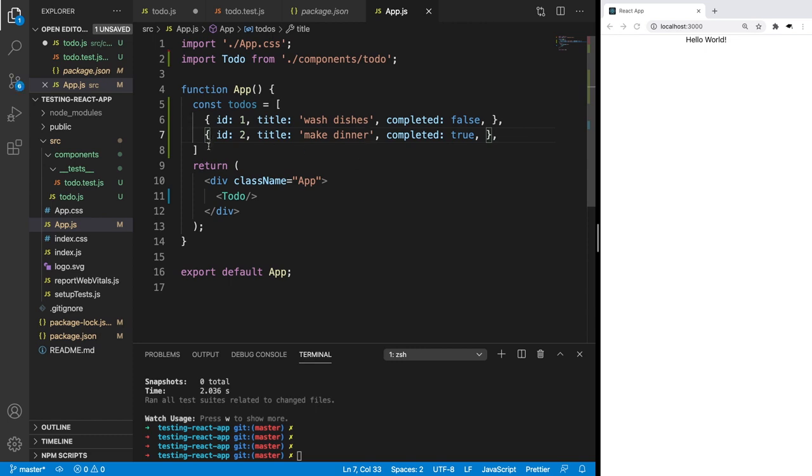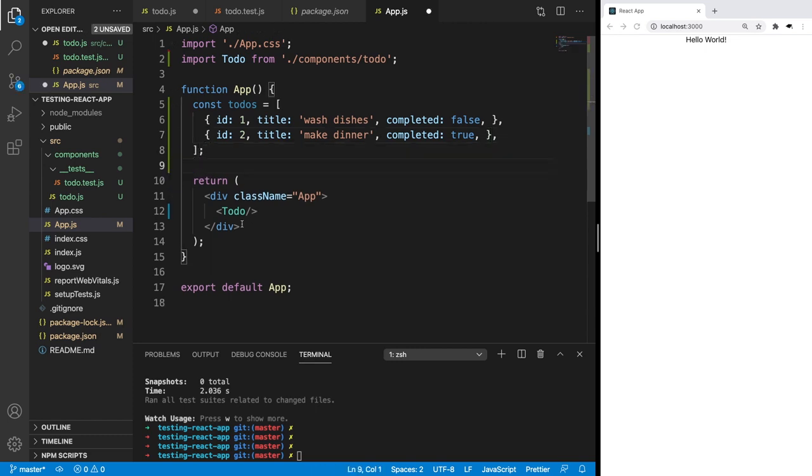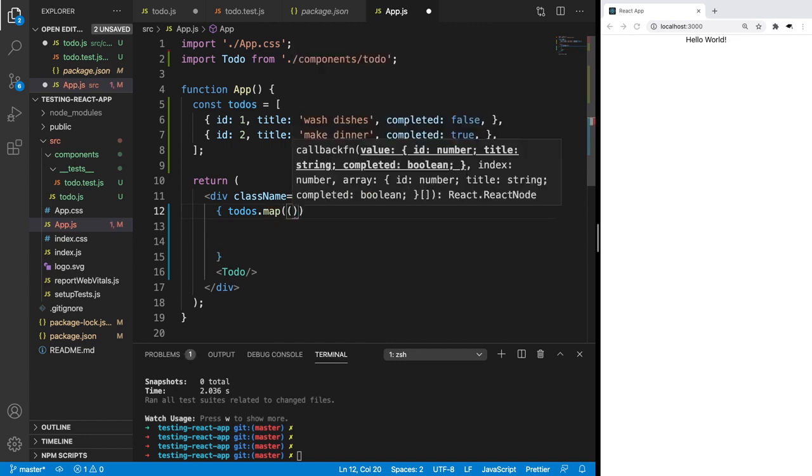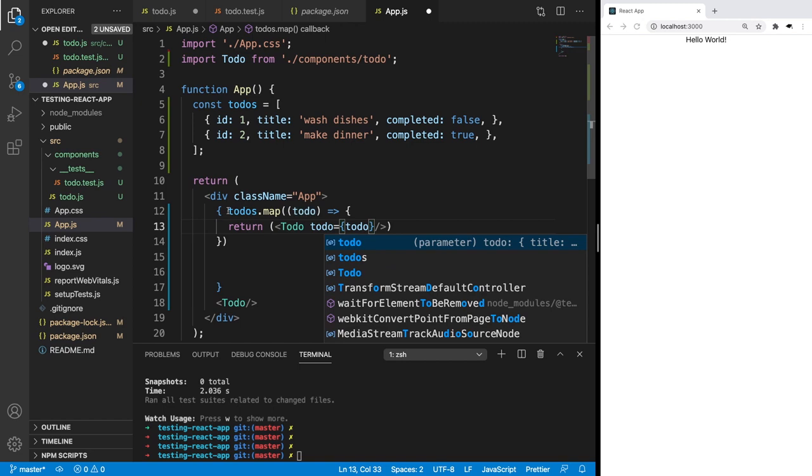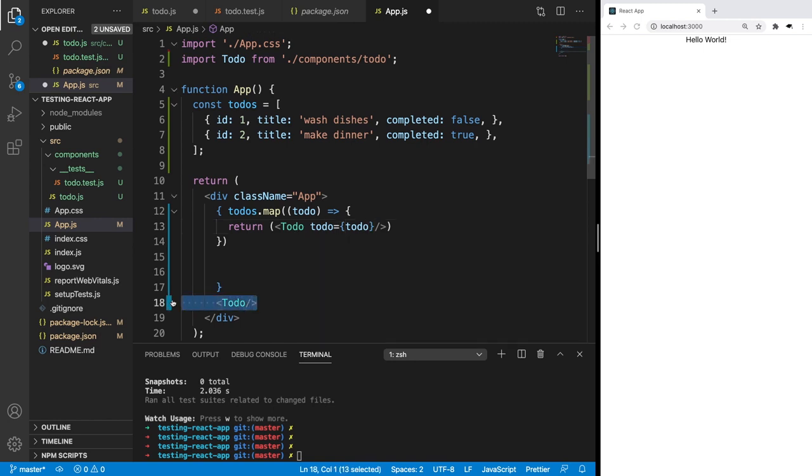Okay, so now that we have some to-do items, we want to use those to-do items as parameters for this to-do component. So we're going to open a block here, and inside here we're going to map through our todos. As we're mapping through, we want to return a to-do for each of those. And it's going to take a parameter of an actual todo, which is the to-do that we're currently on. So this is going to map through the whole array, and for each one we're going to return a to-do component. So now we're able to remove this